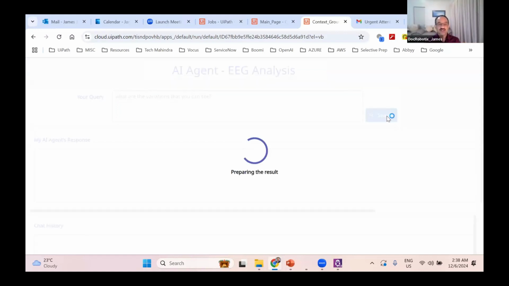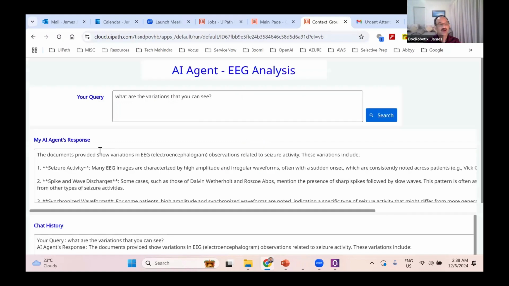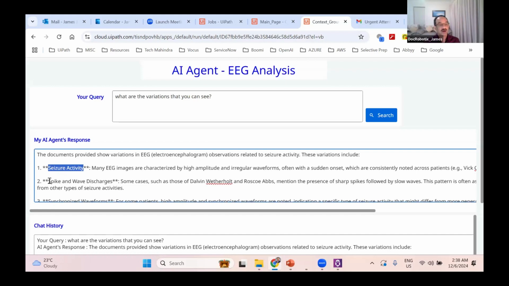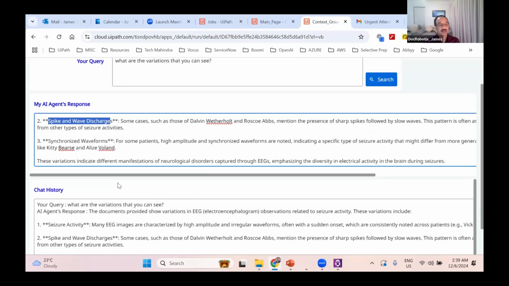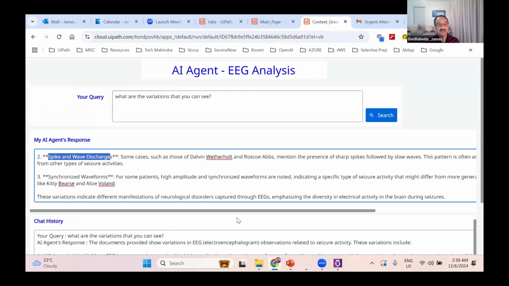So we can ask generic questions to cover our entire scenario, or we can ask about a particular person, because this is for the health professional, and they should have access to this app. This can be used for research purposes as well. So it says there are seizure activity and spike and wave discharges, and some explanation. If I ask about a particular patient, for example, this patient,